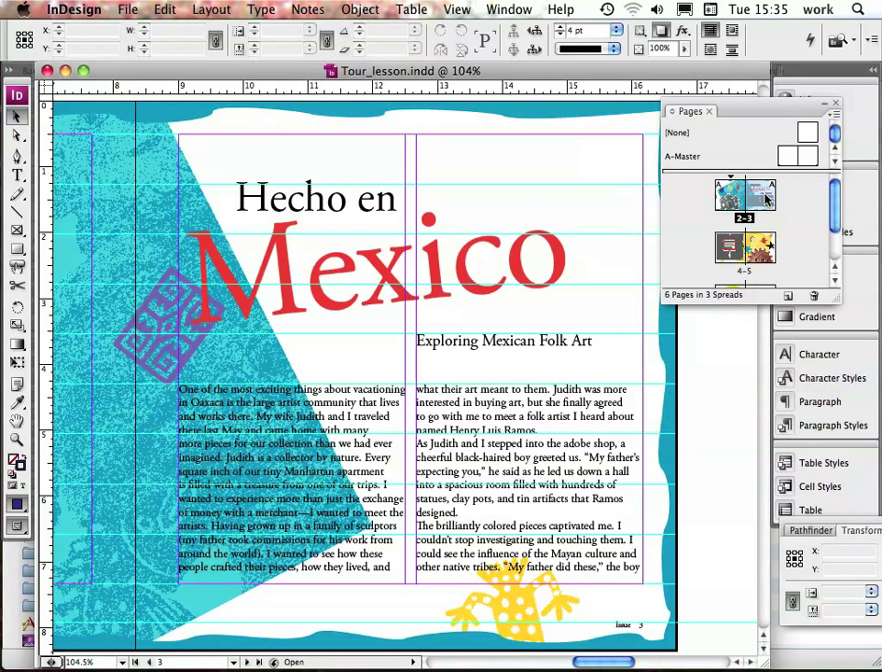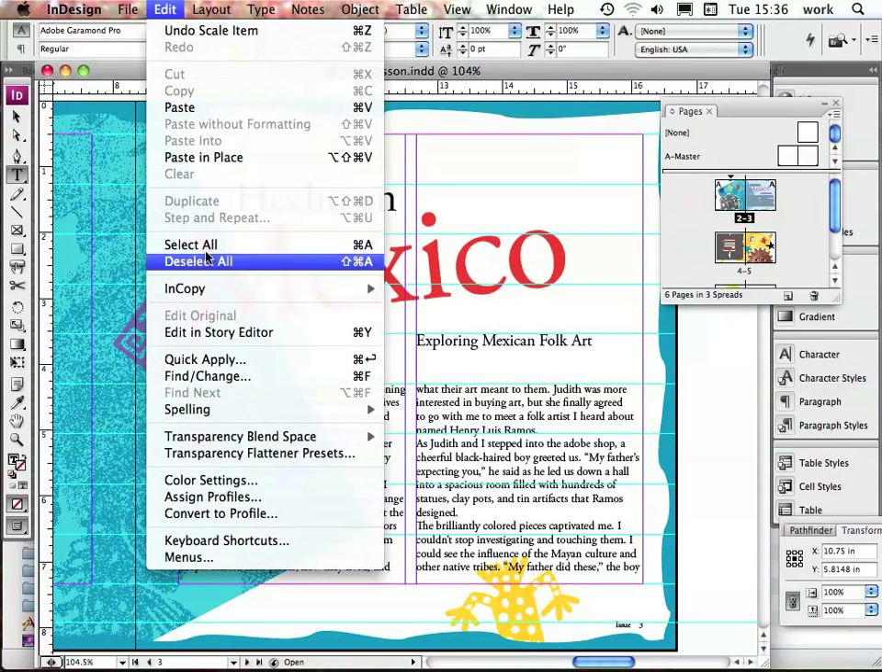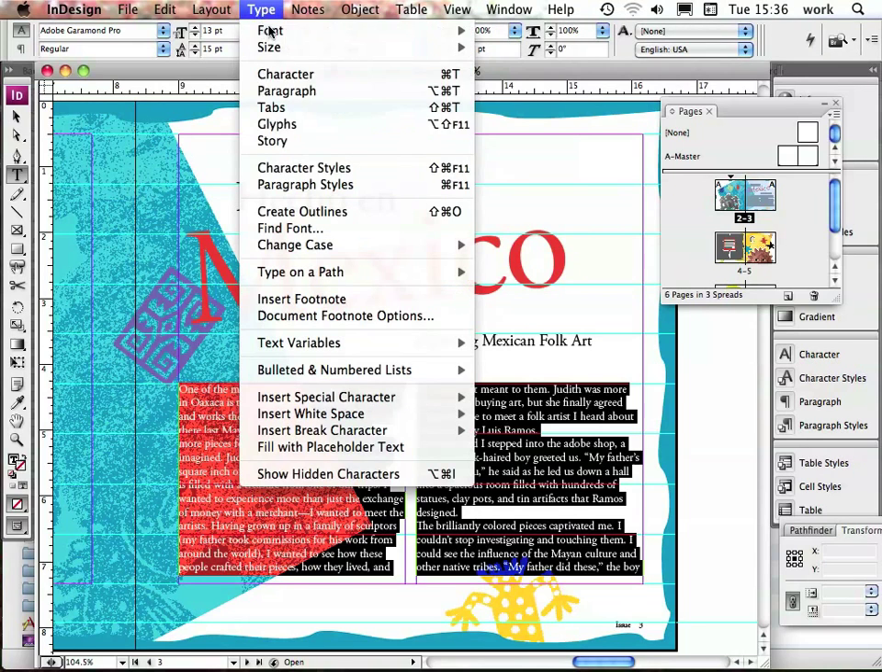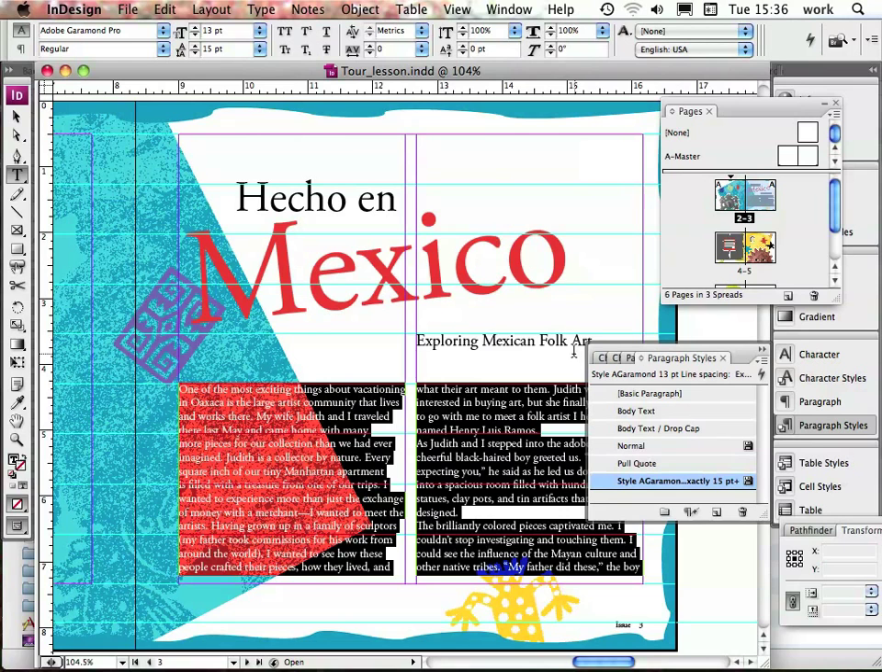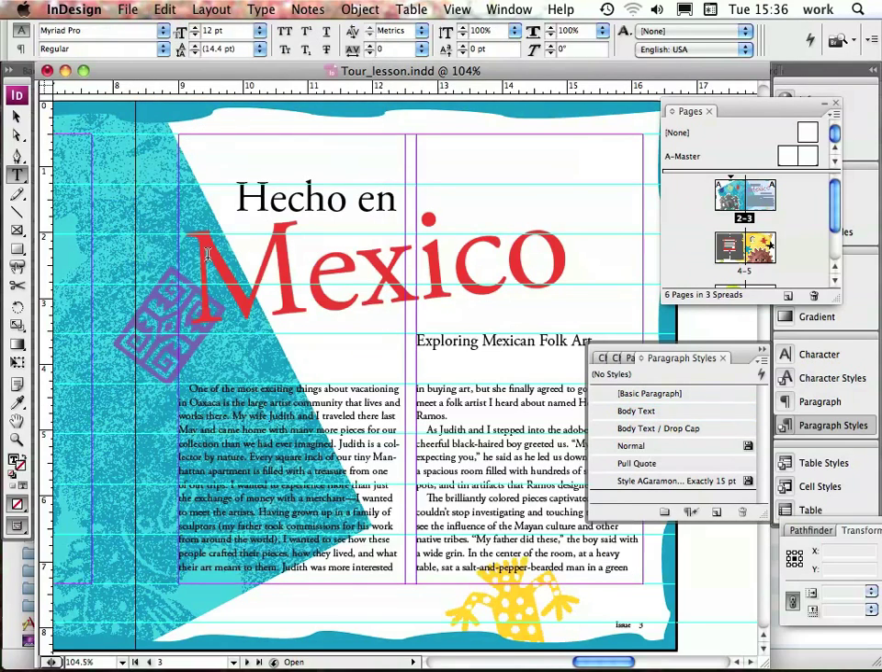So first of all, if we go to page 3 in the Pages palette, choose the Text tool and click anywhere in the column of text on the page. You can choose Edit, Select All, and it will select all of the text. If we go to the Type Paragraph Styles menu, we can choose the body text style, which will apply this to all of the text we've selected. If we deselect all,